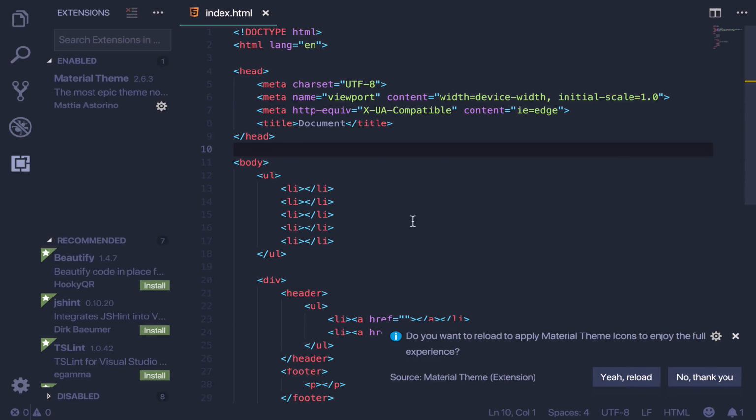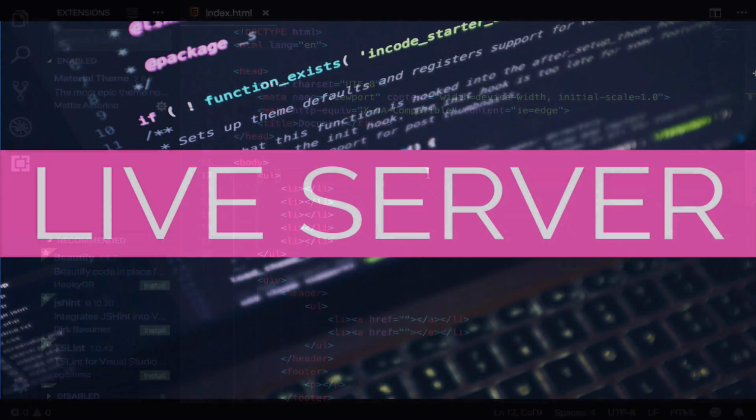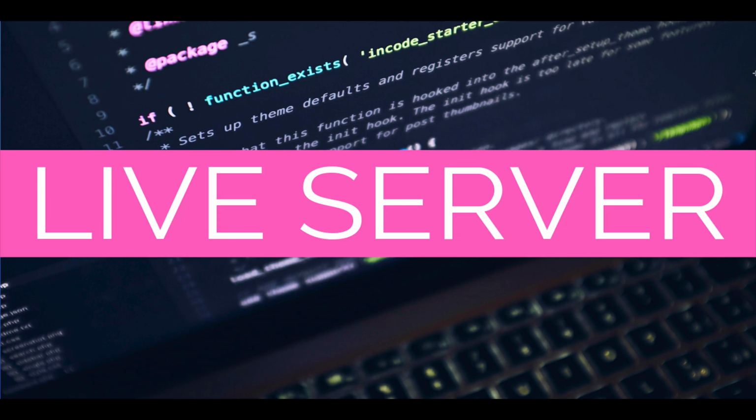Pale Night, is that the one? Yes, this is the one that I like. Let me just see if I also use the high contrast. I think so. Okay. So this is the theme that I like to use. It's Material UI. Another extension I use all the time, at least when I'm making websites, mainly HTML and CSS